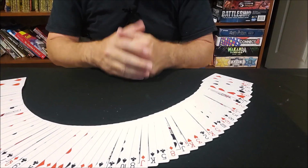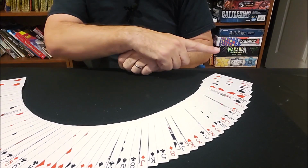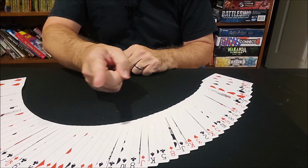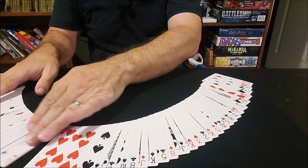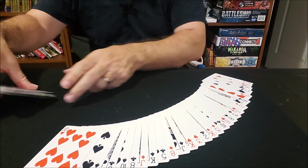And I'm going to say, okay, I want you to look for your card, but don't show me that you're looking for your card. And I'm going to run my finger back and forth like this, and I want you to think stop when my finger is over your card. Just think stop, think stop. I definitely think that you didn't think stop anywhere over here. Your card is somewhere in here, isn't it? So let me